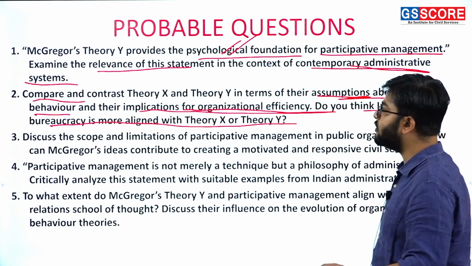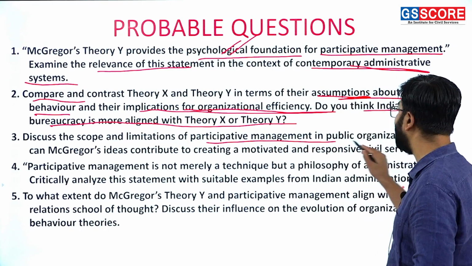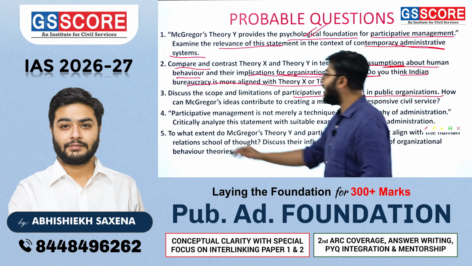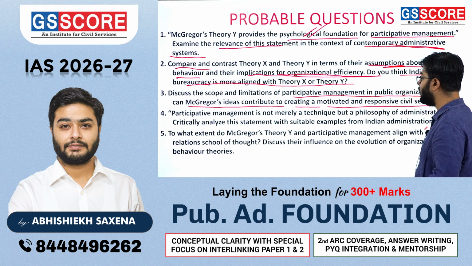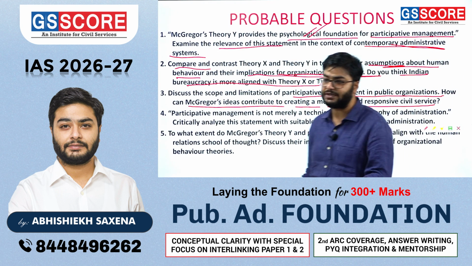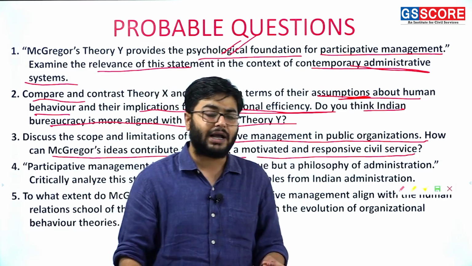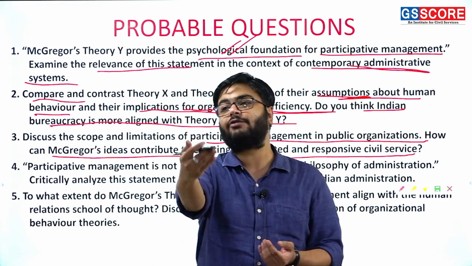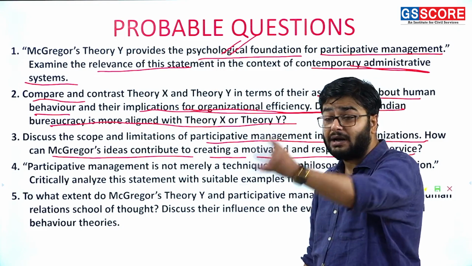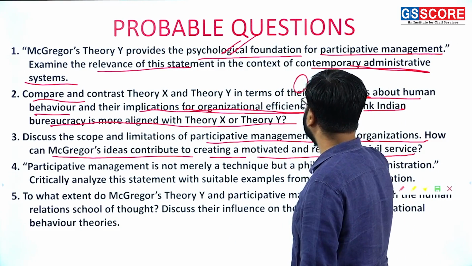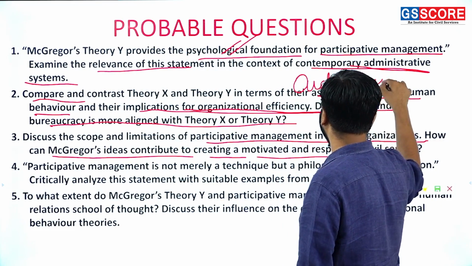Next, discuss the scope and limitations of participative management in public organizations. How can McGregor's ideas contribute to creating a motivated and responsive civil service? Again, we will have to advocate for theory Y, right? Or you can drop in other dimensions with regards to Ouchi's theory Z,